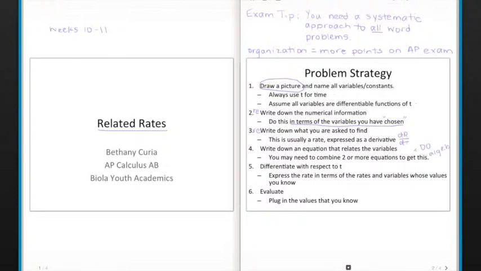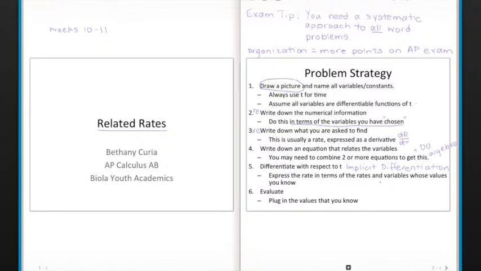Then you're going to write down an equation that relates the variables. At times, you may need to do some algebraic manipulation to combine a few equations to get your desired equation that you're going to differentiate. Once you've done this, you're going to differentiate with respect to t. This process is implicit differentiation,